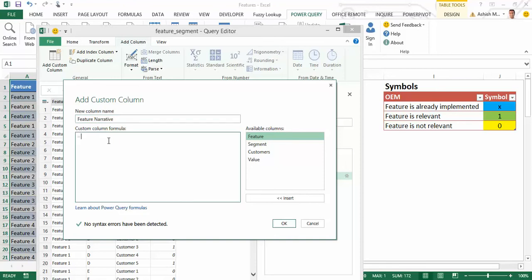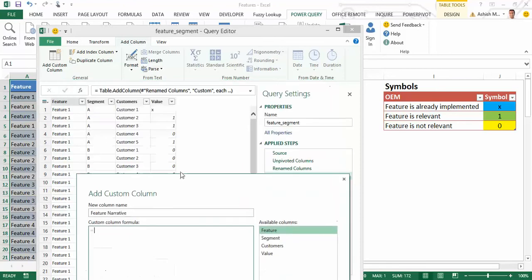And let's add a formula over here saying if value is equal to x, then feature is already implemented, else if